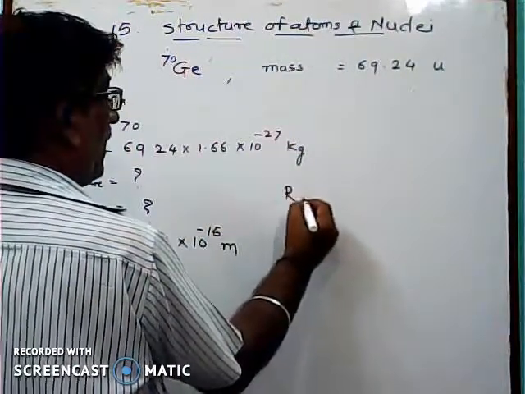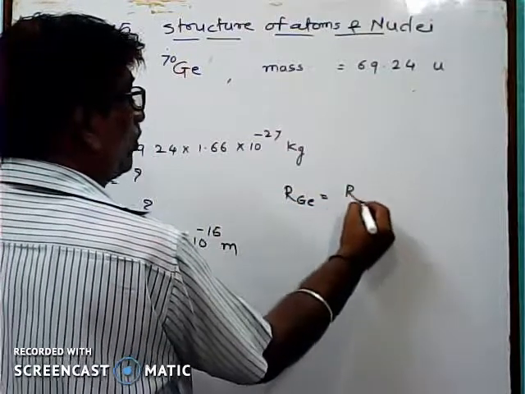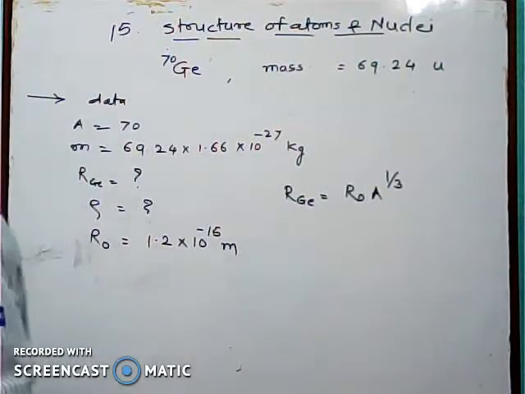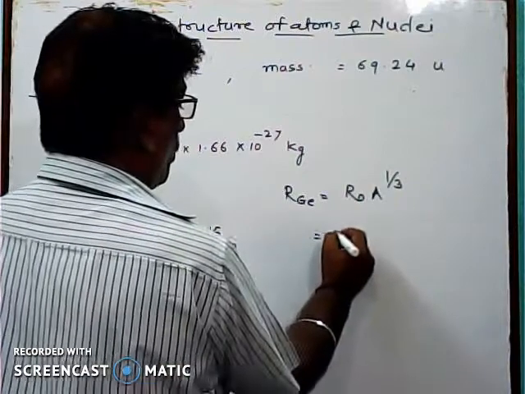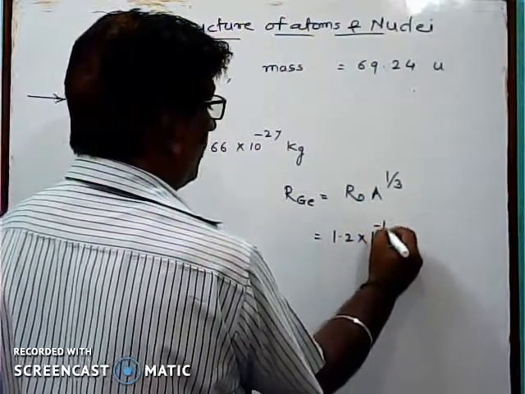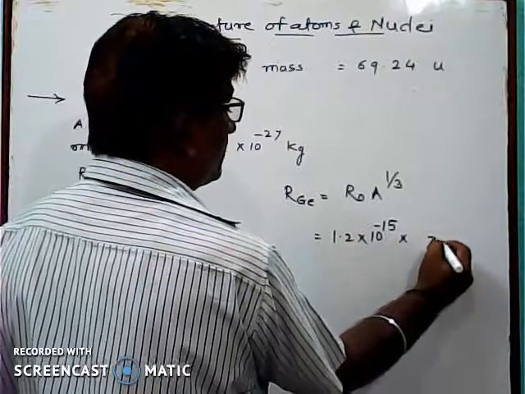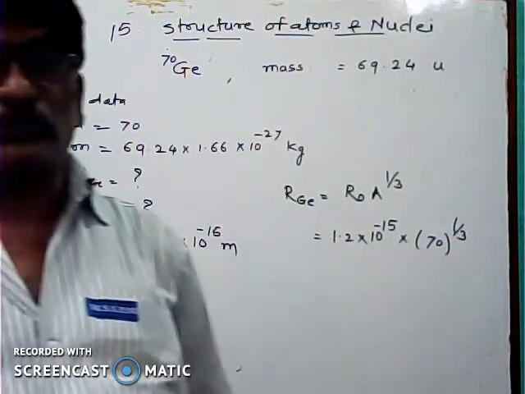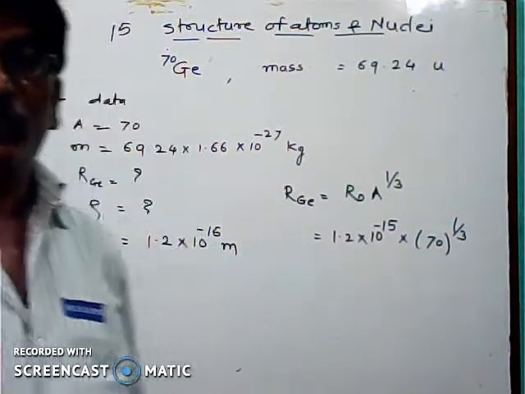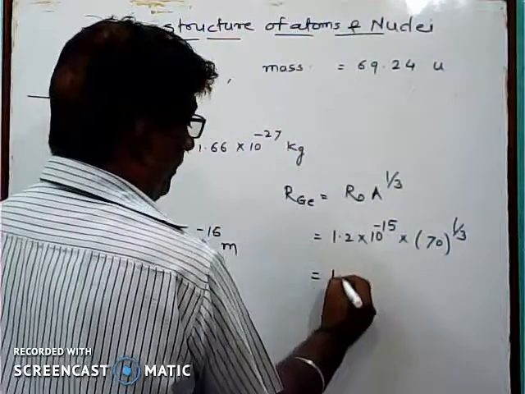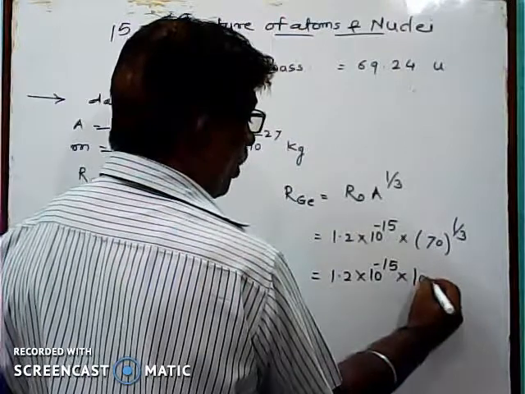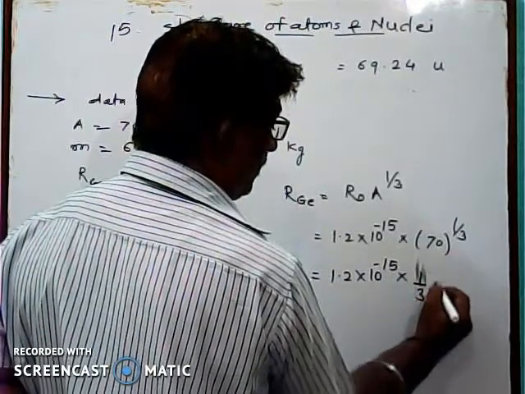So R germanium is equal to R0 A raised to 1 by 3. Substituting the values, 1.2 into 10 to the power minus 15 into 70 raised to 1 by 3. If we solve using logarithm, 1.2 into 10 to the power minus 15 into 1 upon 3 log of